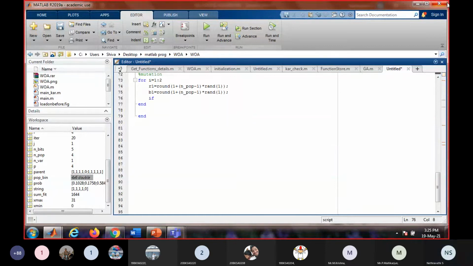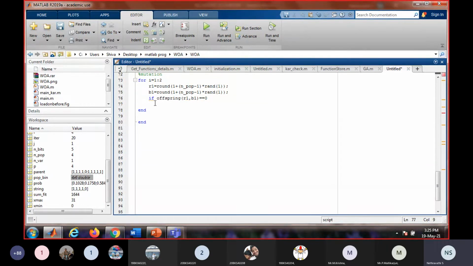So next we will check if offspring row and the bit value is equal to 0. If it is equal to 0, then what it should do?